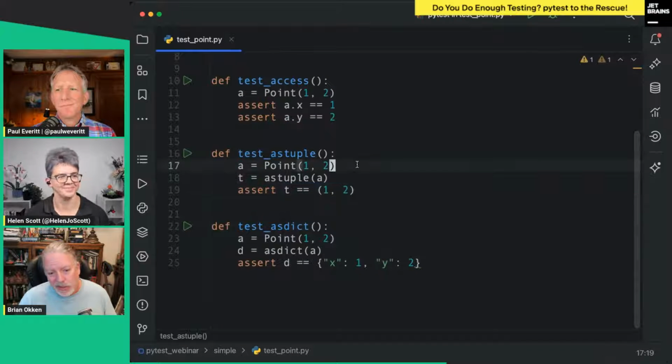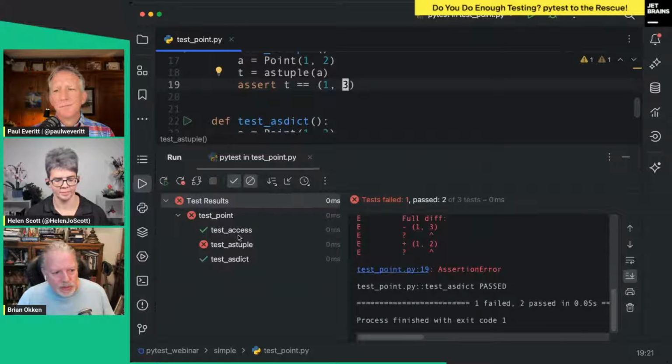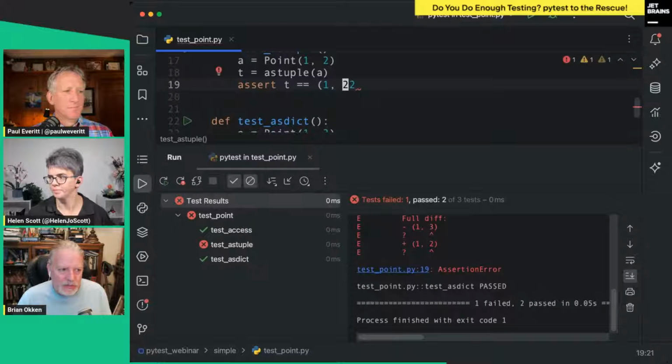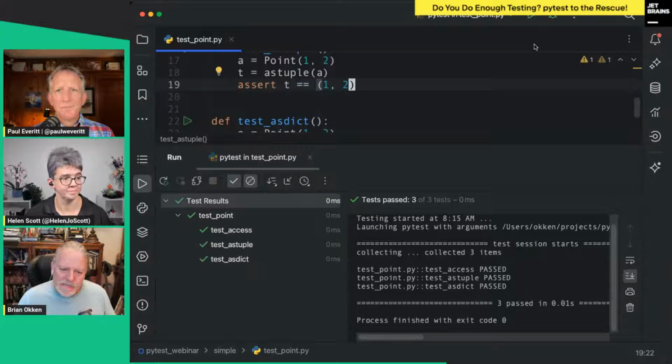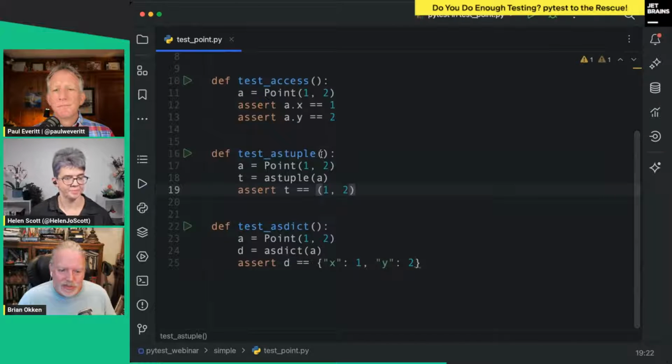One of the nice things about PyTest I want to point out is if one of them fails in the middle, it keeps going. So we can fail one and it'll keep going and run all the rest of your tests. That's something we expect about a test framework, but if people aren't familiar with test frameworks right off the bat, that's how that works. That's really all I wanted to say: simple tests are really simple to write.